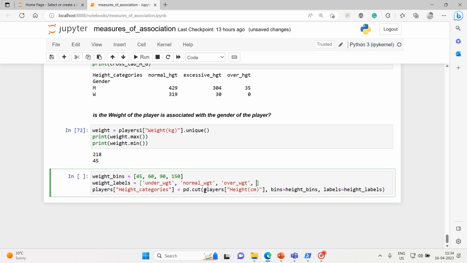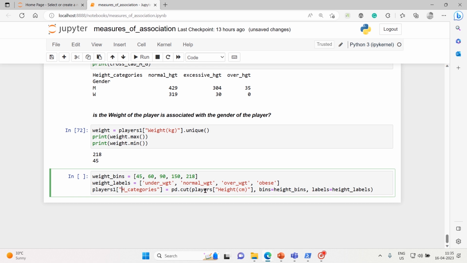The final one is obese. This is 218. So that's it, and let me convert this into